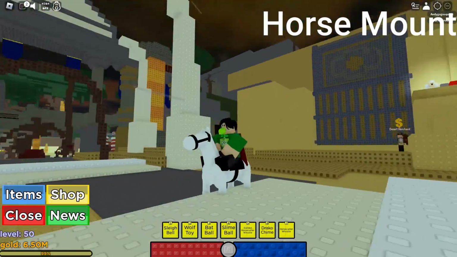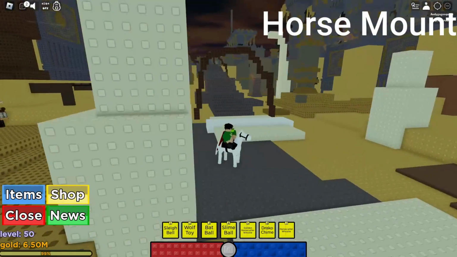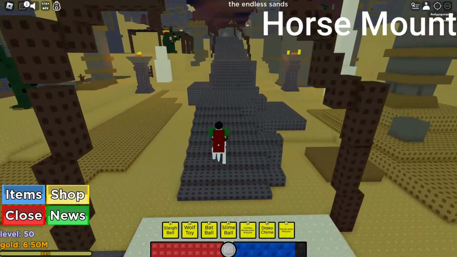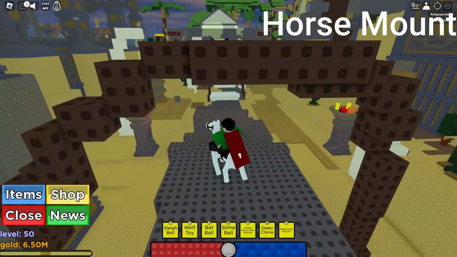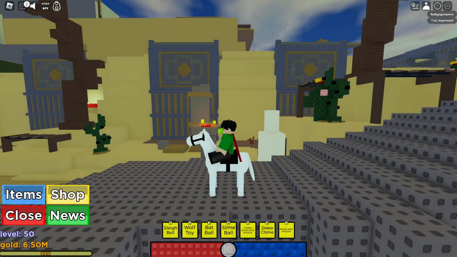Yeah, and this is what the actual horse looks like that's not dyed golden. This horse also has a kicking move where your horse kicks, and a speed boost move when you click. When you click, your horse will start to sprint and you will get an extreme speed boost. So yeah, really good. It's a pretty solid mount, and I would definitely recommend getting this for just sprinting through